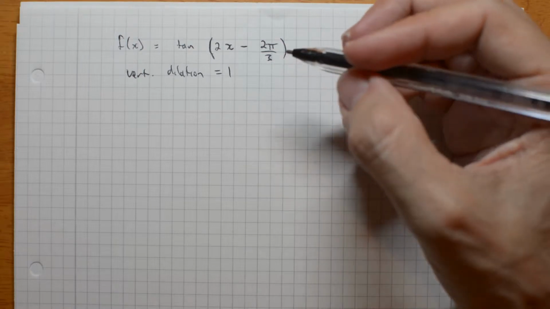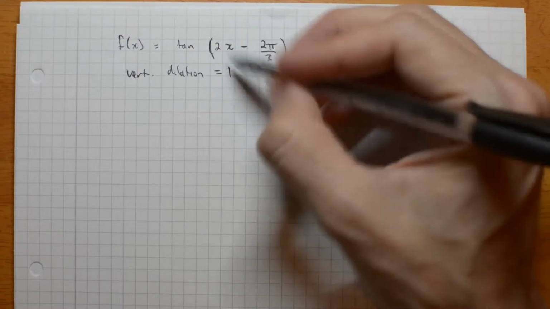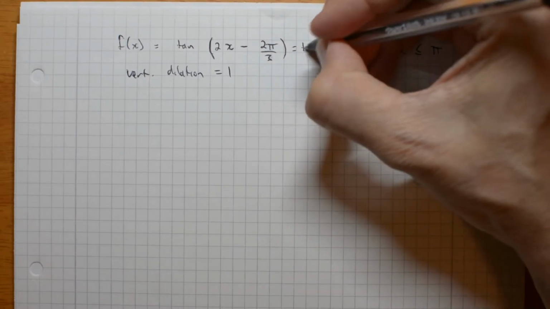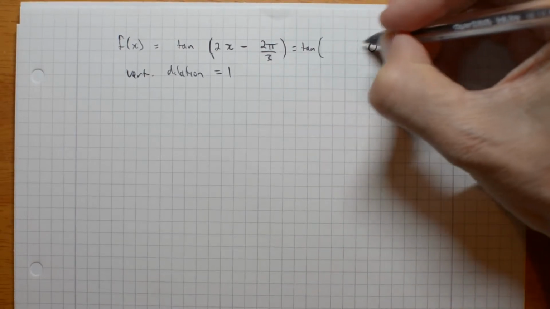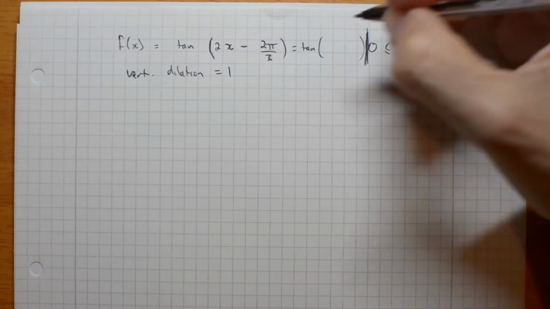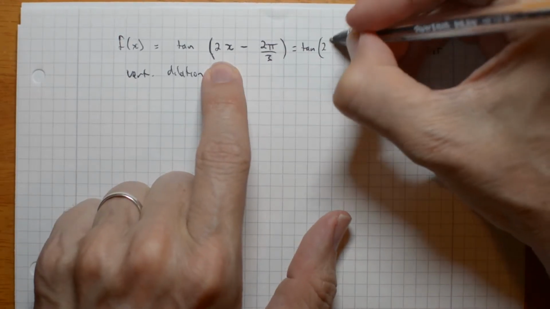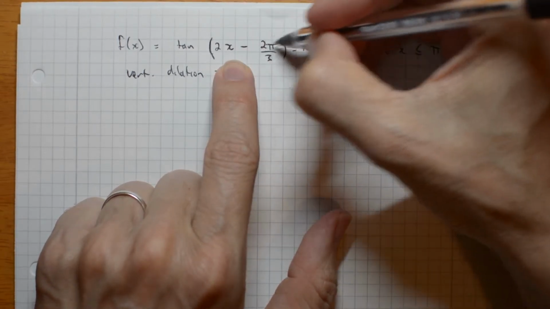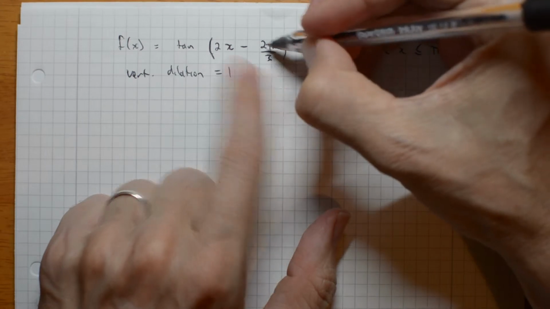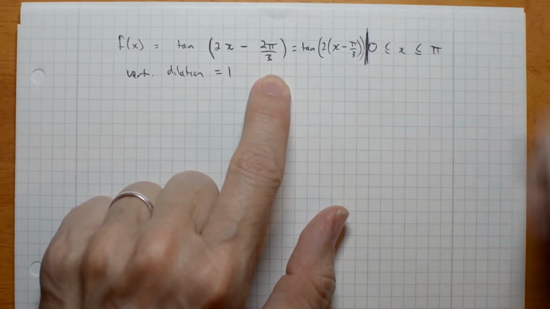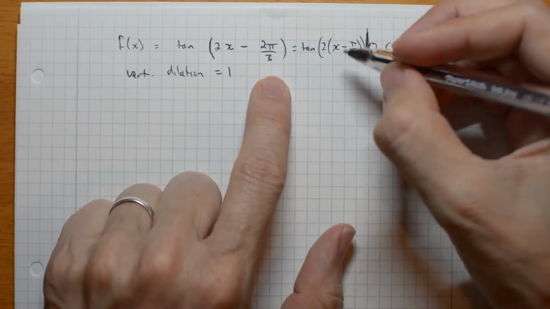It does have a period. Now I'm actually going to factorise this first. Did I leave myself enough room? Let's have a go. Tan of, this is going to be a bit tricky. It's 2 something. Well, if I take out the factor of 2, I'm dividing by 2. So I'm going to get x minus pi on 3. So my period,